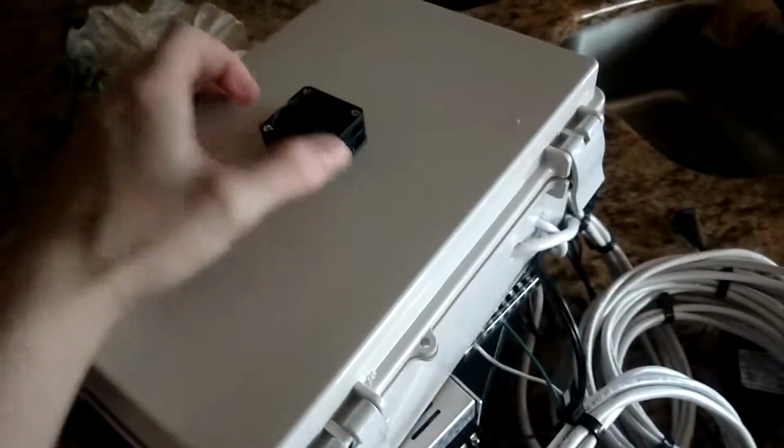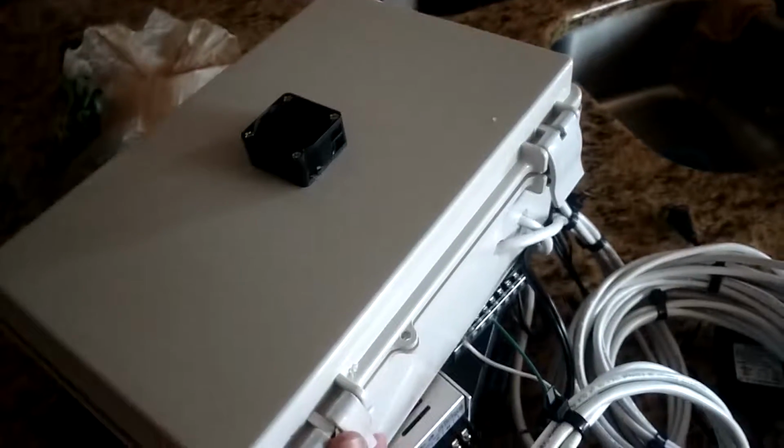This box with the fan on it is the light controller box. Let's open it up, I'll show you what's inside. So this is the 16 channel light controller. It's got 16 MOSFETs, and down at the bottom I have all the positives connected to this bus bar. The red lines are the 24 volt lines, and the white is the 32 volt. And then all the grounds are attached to, so this is the ground coming from the power supply,